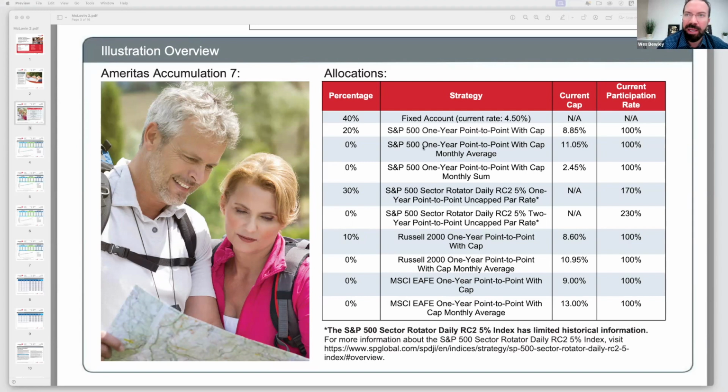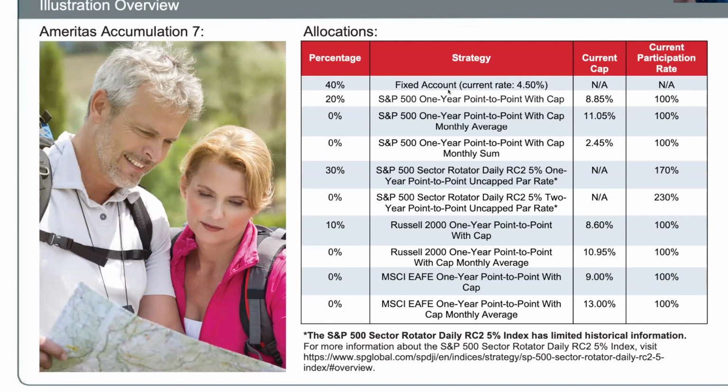Well, they want to show you a hope and a dream, right? So on 200K, I put 40% or $80,000 into a fixed account that's just going to earn 4.5%. If the market's up 22.5%, this is what it's doing. If the market's down 11%, it's still going to get 4.5%. So I put 40% there because that's pretty conservative. Then you can see here I put 20% into the S&P 500, but notice it caps at 8.85%. So if the S&P was at 13%, you'd get 8.85%. And the insurance company would keep the spread because that's how they make money.